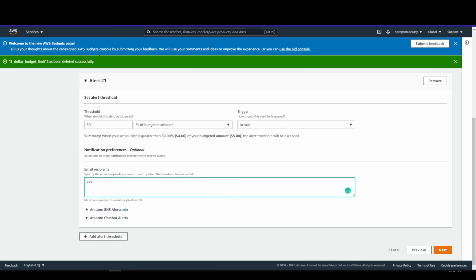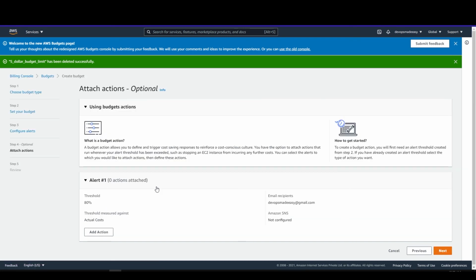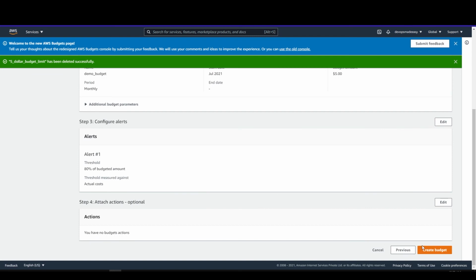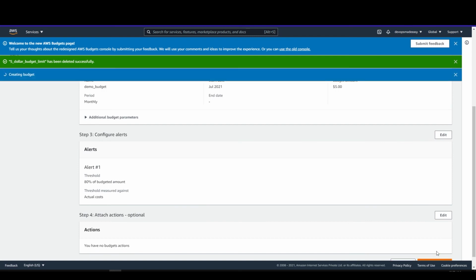So I'll enter the email address where I want my alerts to be sent. Once this is done, you can simply click on next. Then my alerts are configured. I'll click on next again. Everything is set, so I'll go ahead and create the budget.